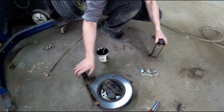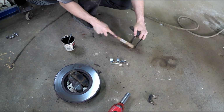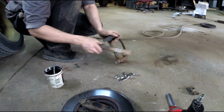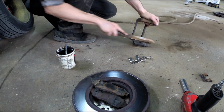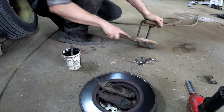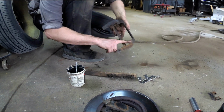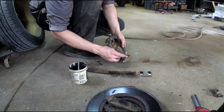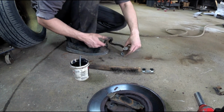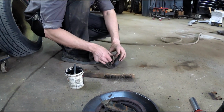New hardware. Yep. Always install new hardware. So it's cool that they sent that with the kit. Do they always send that? If you get really cheap pads, no. But most Napas, CarQuest, Federated, whatever, they send it with at least the medium grade brakes. Gotcha. Make sure there's no rust in here. Install new hardware. Is that where your squealing comes from? You get some squealing from that, but most of the time it causes your brake to seize up in here, and that's what causes your cracked pads, which...